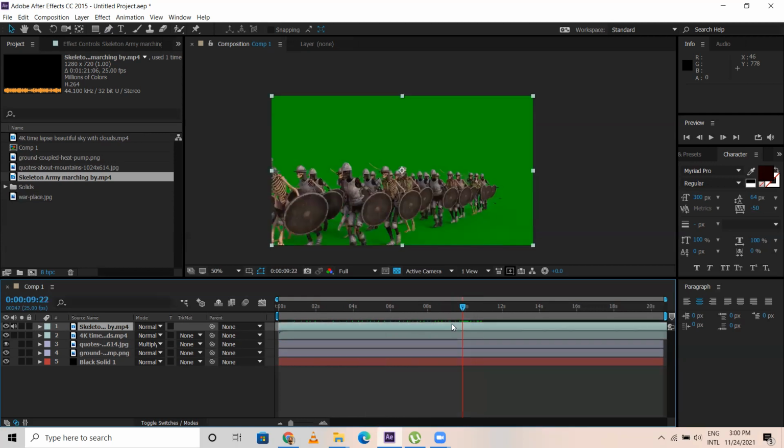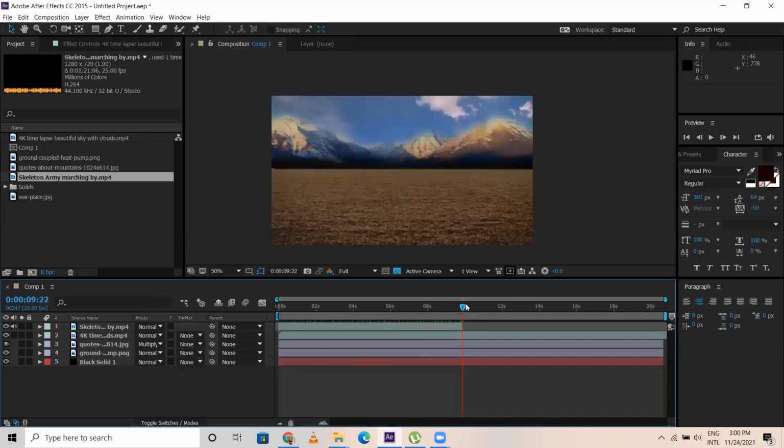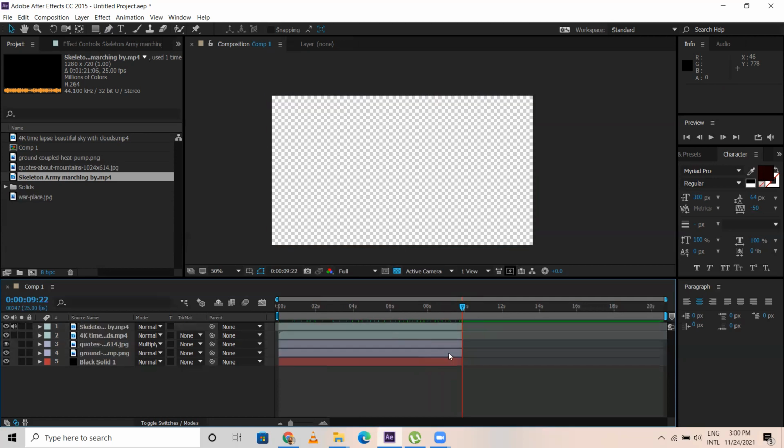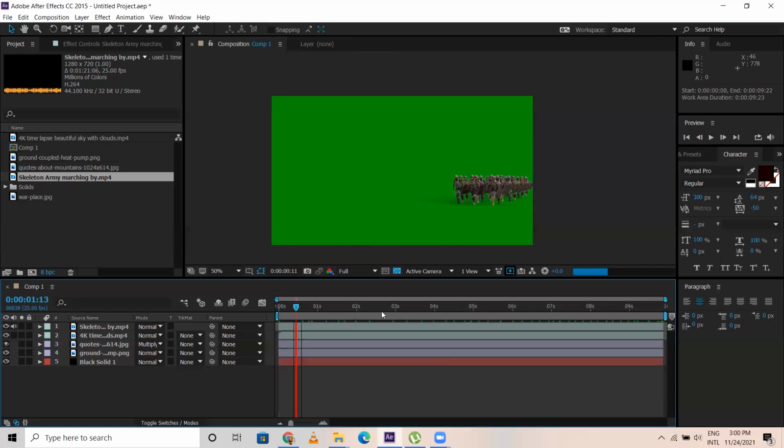Okay, so Control Shift D. So almost up to 9 seconds it is there. So what I do, I select all this, Control Shift D, then I delete this, and N for ending the time frame. Then right click, trim composition to work area. So for 9 seconds, we are working on it. A 9 second output we are going to create.